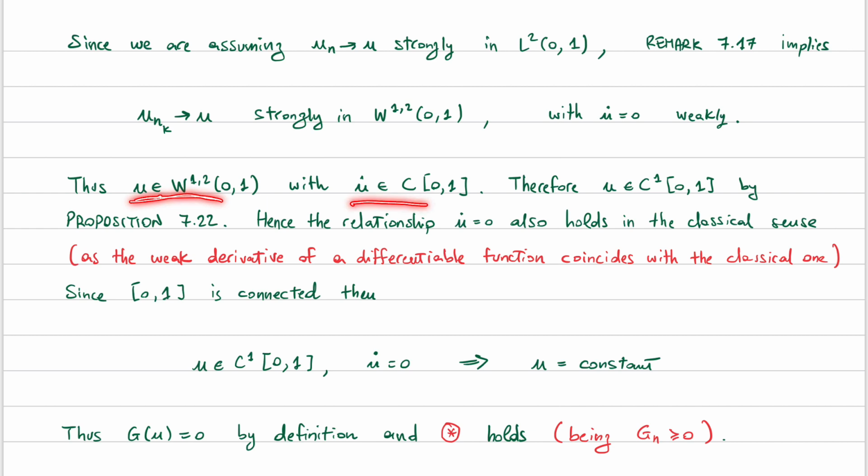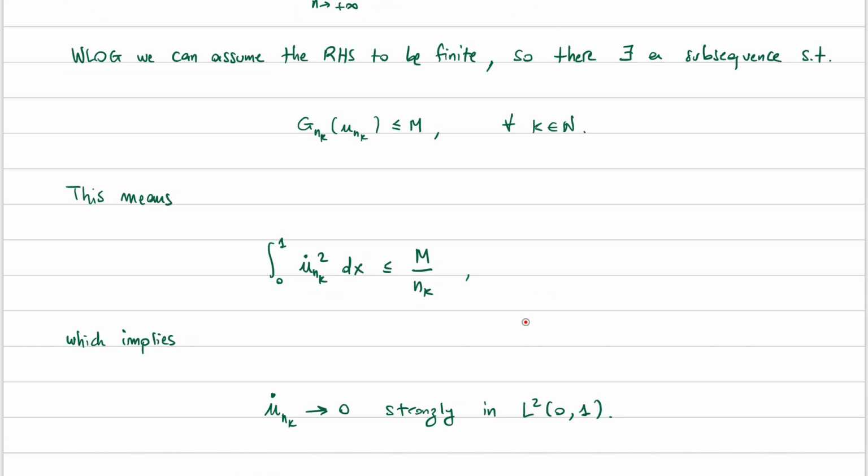is a Sobolev function with a continuous weak derivative, then the function is itself C^1. And in particular, this relationship here, u̇ equals 0 weakly, also holds in the classical sense. And so this means that since u belongs to C^1 and u̇ is 0, then u is constant, because (0,1) is simply connected. And therefore G(u) is, by definition, since u is constant, equal to 0,